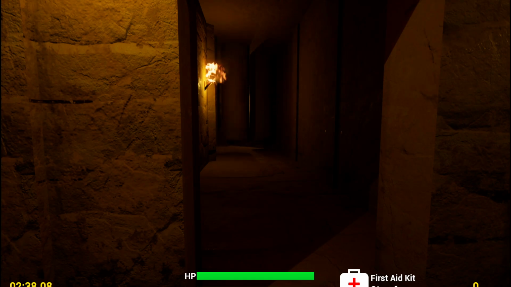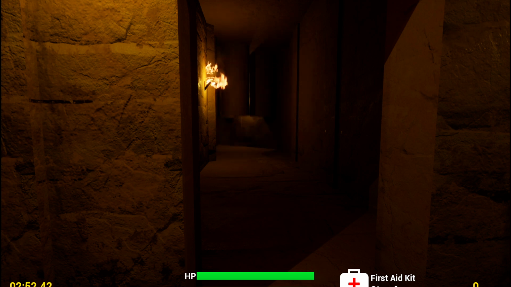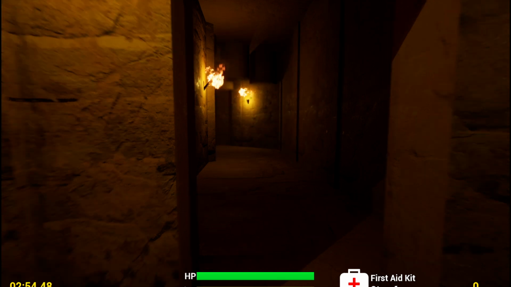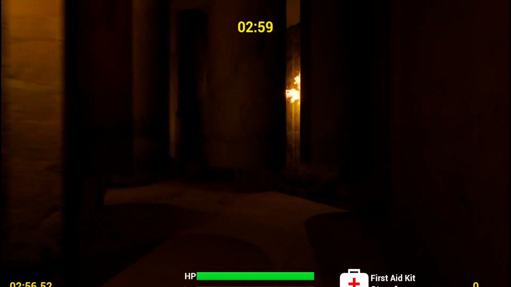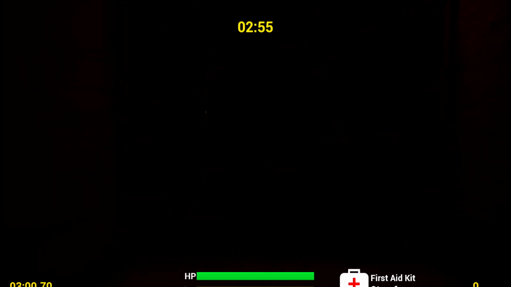And what else? I've made it so it transitions from yellow to red, and it increases in size over the duration. So the less time you have, the bigger it is, as a bit of a warning. So this is the entrance. You see the door sealed shut behind.